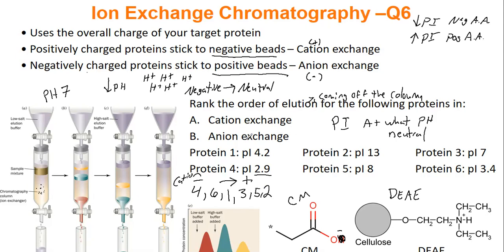Anion exchange is the exact opposite idea, where in an anion exchange, I bind negative amino acids or proteins really strongly, and I do not bind positive proteins. So the order of elution is completely opposite. So in an anion exchange column, the first to elute would be protein 2, then protein 5, then 3, then 1, then 6, then 4. So that's your relationship between PI